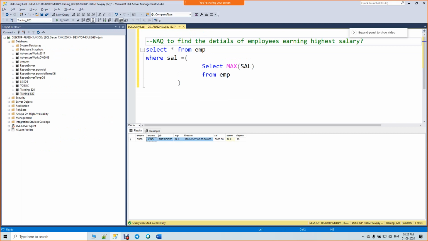This is what we call a subquery. There are different types of subqueries. First, we'll do some examples on the subquery. After that, we'll look into different things.